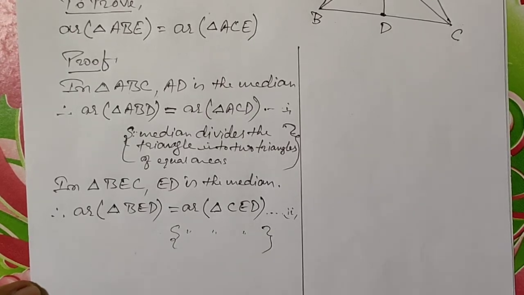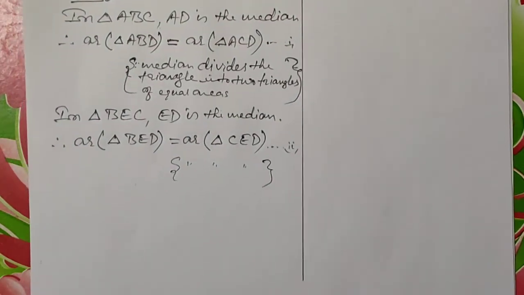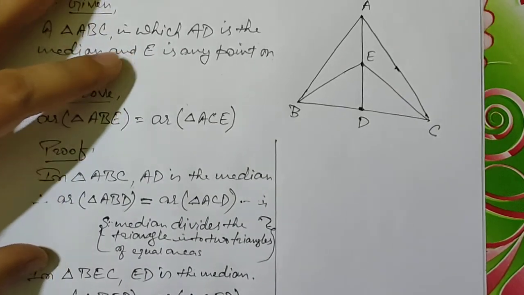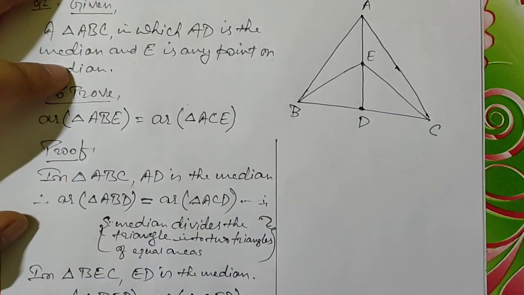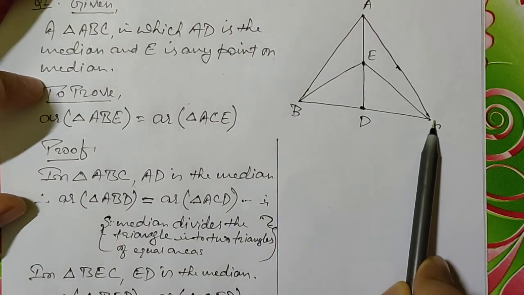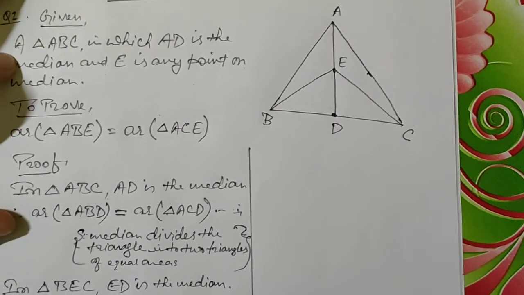Okay, now let's move on. So we stated two statements. Let me clarify more about the second statement in triangle BEC. I thought that I had moved very fast, so it might be possible that it is not clear.